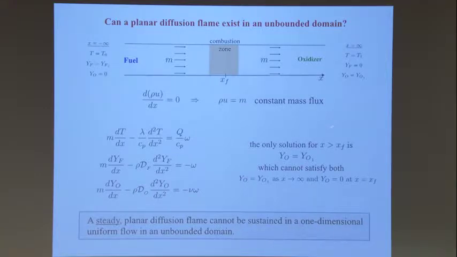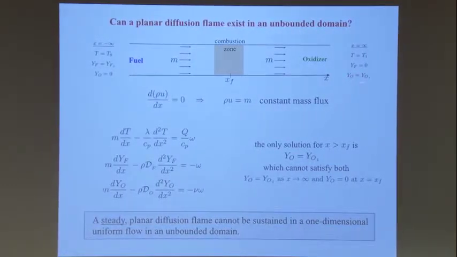So if it is a constant, then it must be the value that you have supplied. And if that's the case, then how could it all be consumed at the flame? So I show it to you hand waving, but if you try mathematically to find a solution to this problem,